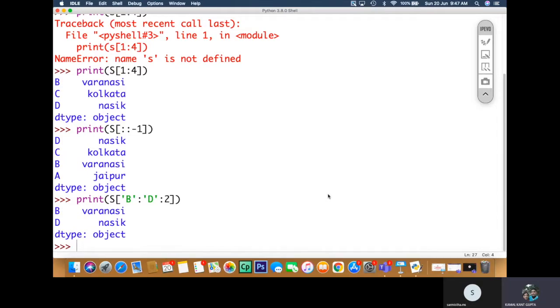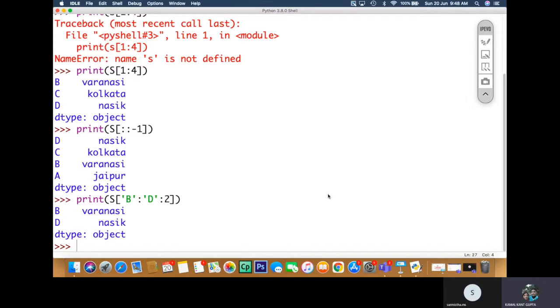What does this mean? It is not executing the code as it did in the case of indexes. With indexes, it was executing up to end minus 1, right? But in this case, D is also included.